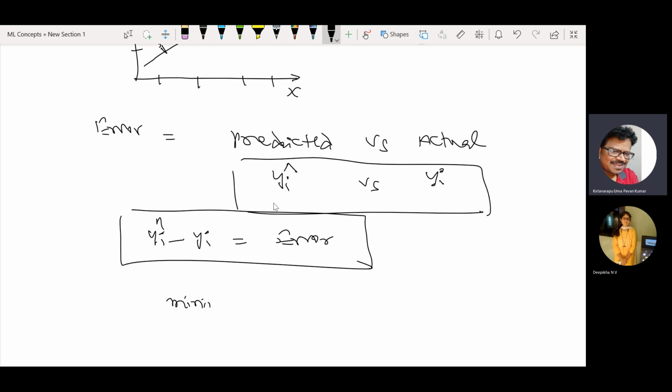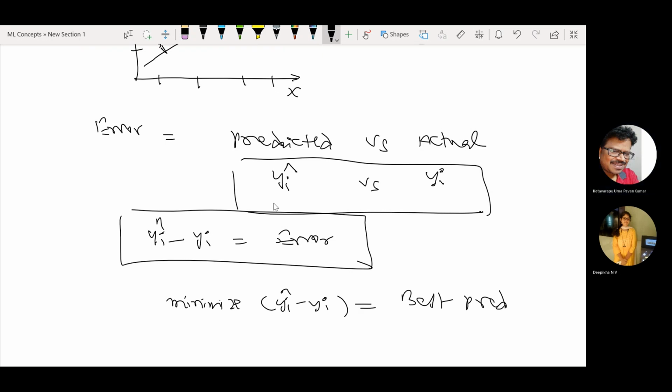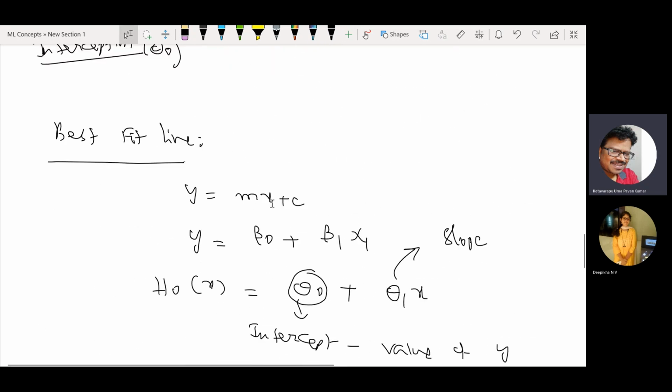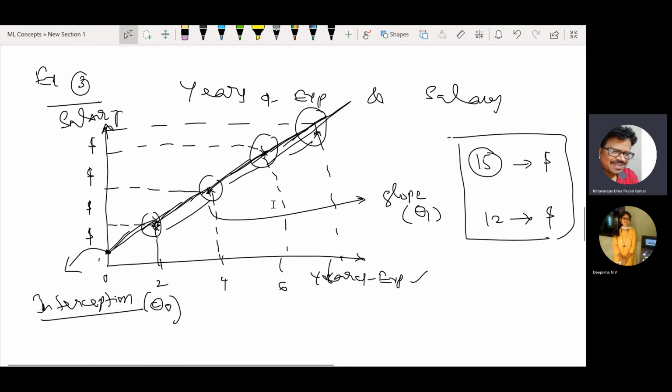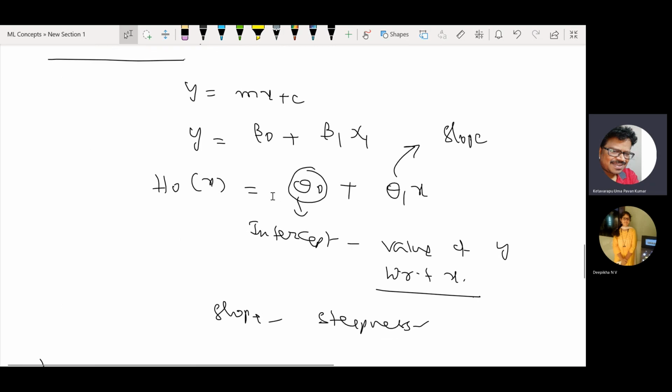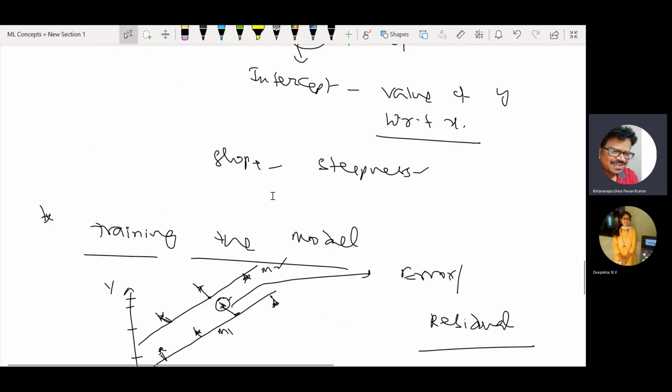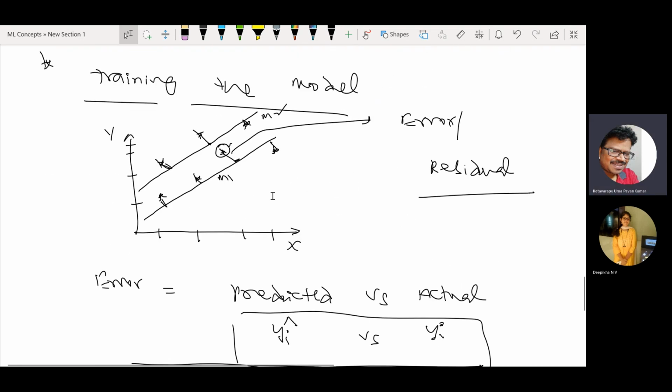So minimize the error between the actual and predicted is the best prediction. Okay. Up to now, simple, guys. Regression is not much complex. You can make use of this line drawing, as well as observe the line equation, and how we are going to establish a relationship between dependent and independent variables, and train the model.